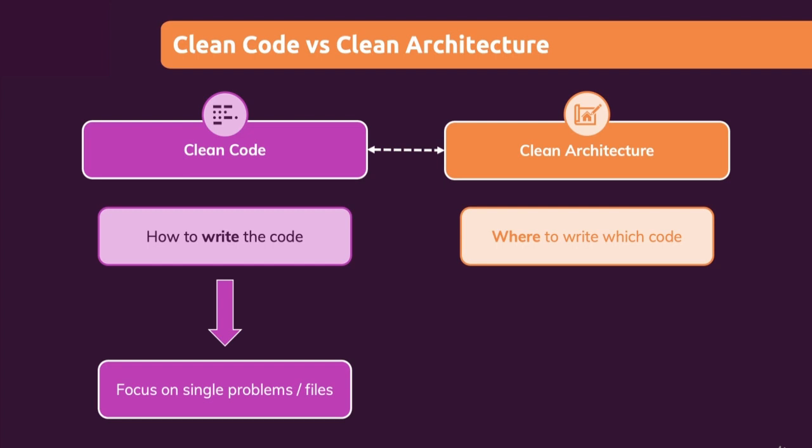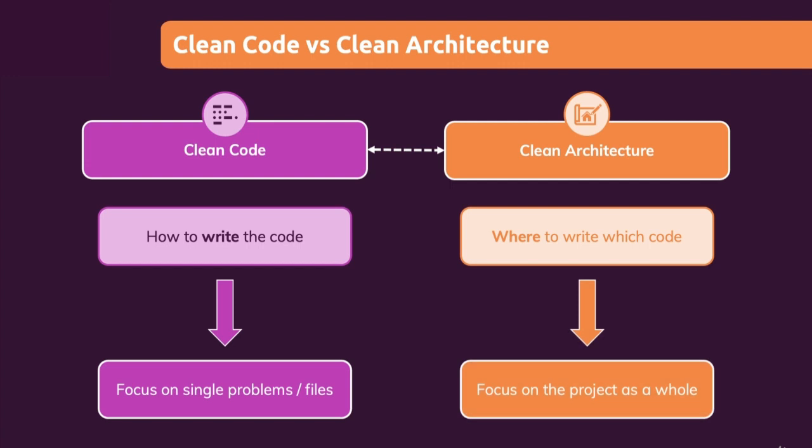With clean architecture, we focus on the overall project and how to model our data and how to distribute our code. And this course, therefore, is about clean code. We'll not focus on things like the repository pattern or anything like that, because that is not really related to clean code. It doesn't matter where you access your database, for example, from a clean code perspective. From a clean architecture perspective, that could matter, and you should therefore take a dedicated course if that is what you're primarily interested in. This course will focus on clean code.